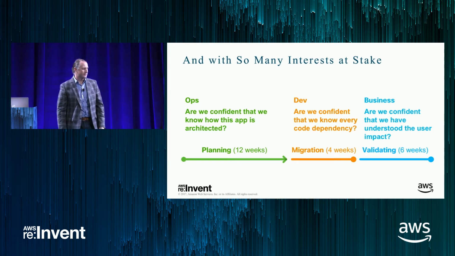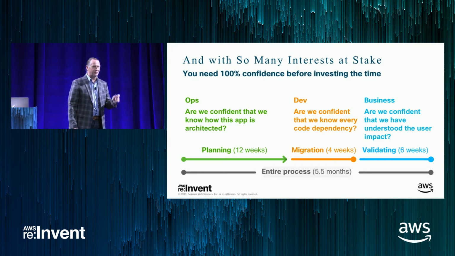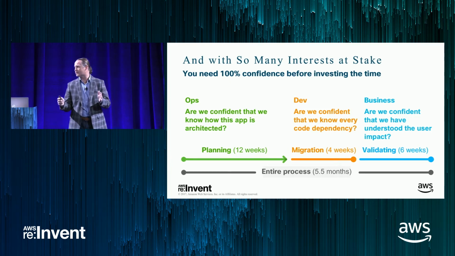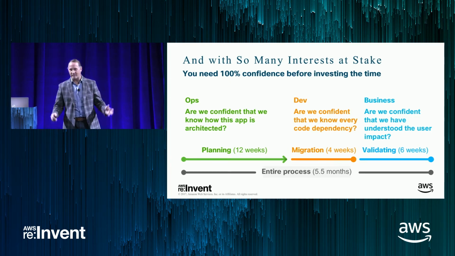The business, do we understand the impact? You told me you're going to move and I don't have a choice because the data center is being shut down, or we've made the strategic decision to move to AWS. Are we comfortable as the line of business owner that we know what the impact is going to be to the user and how we mitigate it or back it out or even measure it? So you need to have 100% confidence in this process, and it can be a long process, potentially. So we're going to talk today about how we handle some of these issues and how we maybe even shorten the time and get it to be a very agile process.